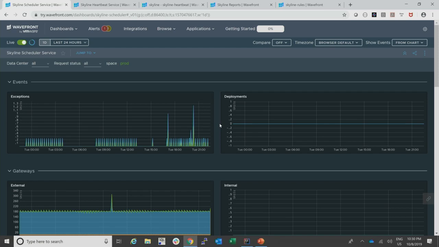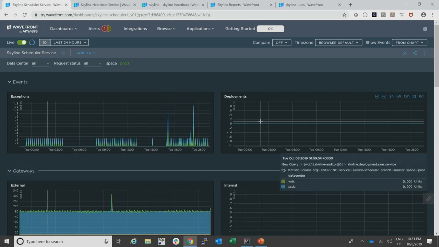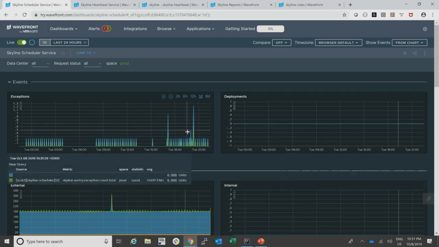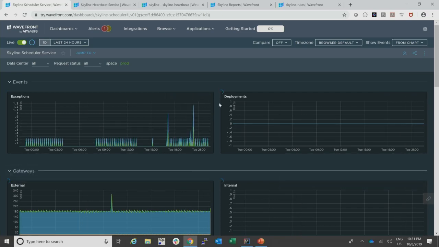So in here, what we see is a dashboard that captures, as I said, just a single service. We also extended the concepts, and as developers, we look at getting more things out of the box. We try to put in really little code and get as much as possible. But we also realized that we need to put in some events on our own, like, okay, did we do a deployment of that service? Let's put it on the dashboard. How many exceptions did this service throw? Let's put it on the dashboard. This is what you see on the first two charts: how many deployments happened for that service in the last 24 hours, and how many exceptions occurred. That's valuable information.